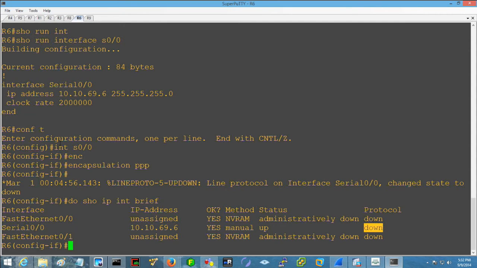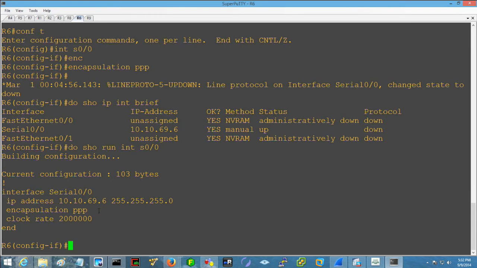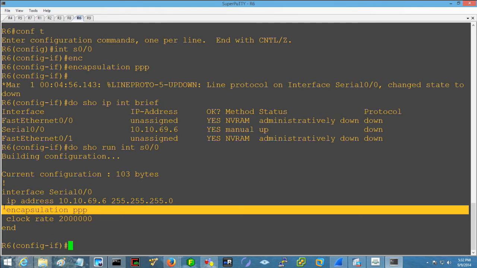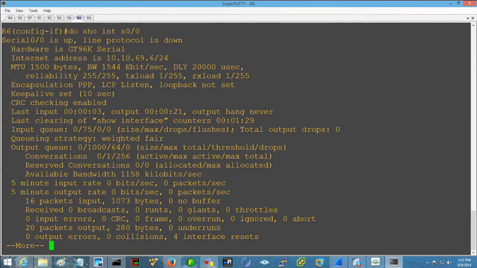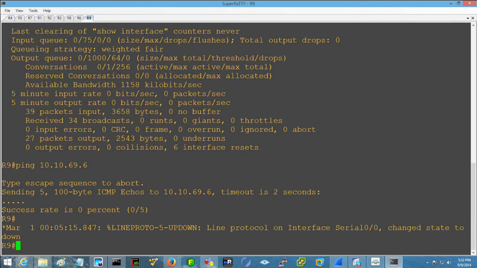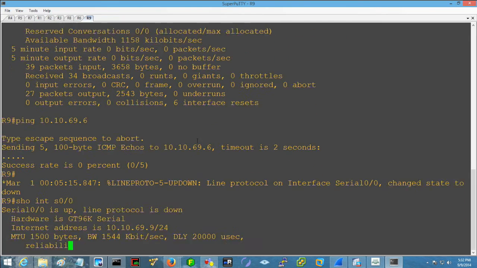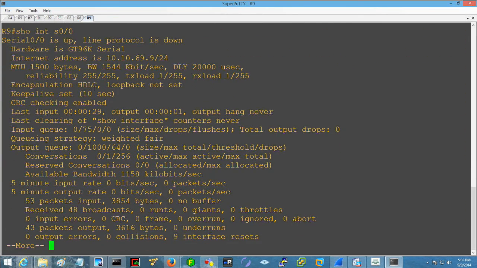But if I do show run int S0/0, we can see this side is set to PPP, and we can verify it here as well. Encap is PPP. And over here on R9, as you could have guessed, the encapsulation is set to HDLC.